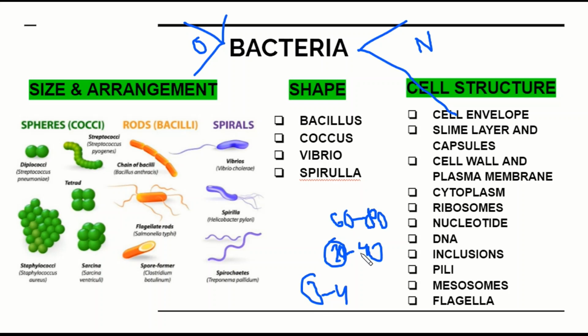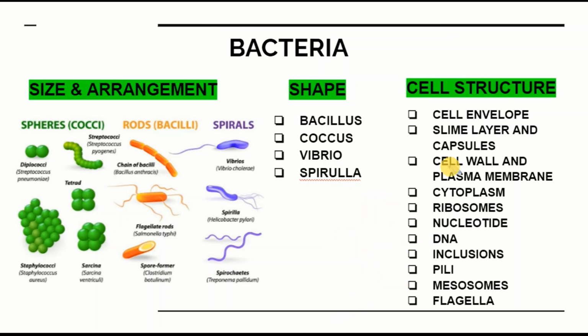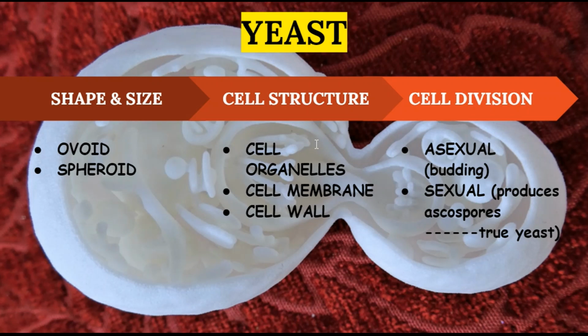Now let's go to our another topic, which is yeast. Let me show you the slide. So what is yeast? Yeast is a unicellular structure. To understand what a unicellular structure is, unicellular cells are made up of only one cell that carries out all the functions, while multicellular organisms use many different cells. So, understood the difference between unicellular and multicellular?